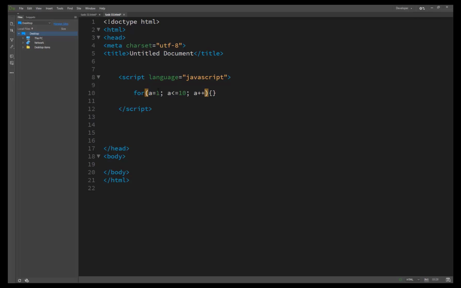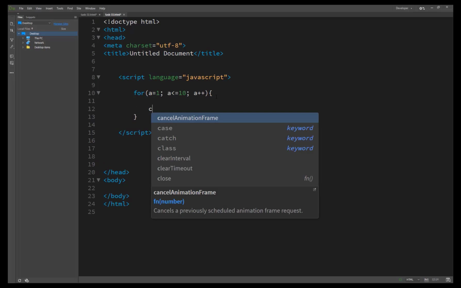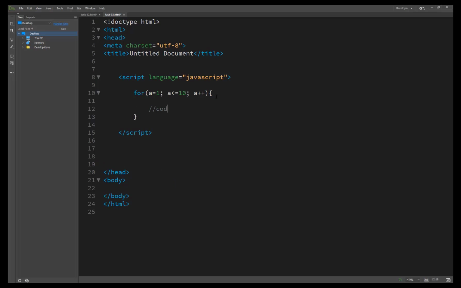First we understand what exactly this code is doing here for execution.